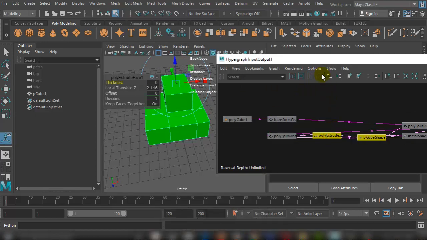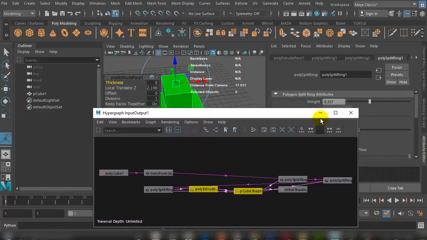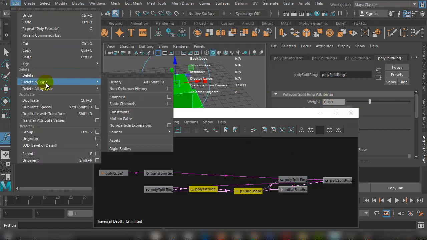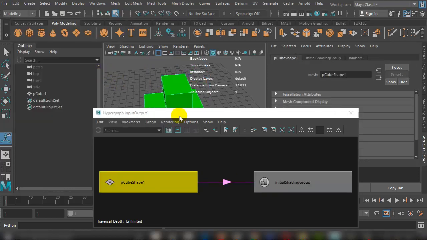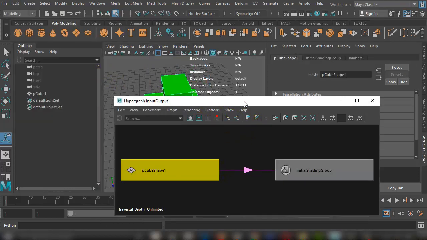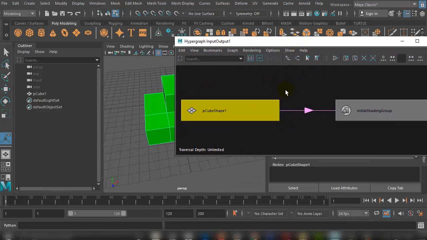So we can get very detailed, and this can bog down our memory. So once we're happy with how our modeling is looking, we can then simplify that by using edit and delete history. So delete by type and history. And keep in mind that that means that we're losing some of the nodes as to how our object was made. So we only want to do this when we reach a point where we're happy to move on to